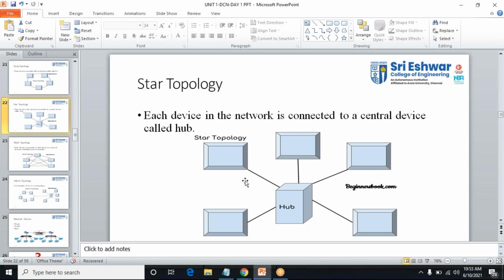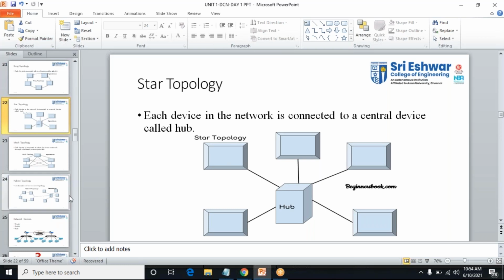Yes, very good. Connected to a central device. Very good, Priyadarshini. We have a common hub. A hub means a connecting device, any switch or router, anything I can have. I have a central device, and to it I connect all my computers, all my systems. That is my star topology.